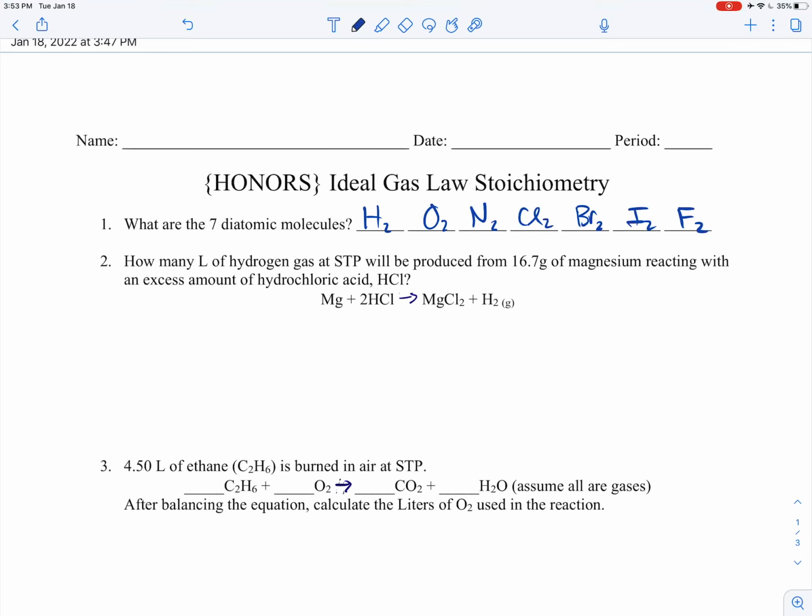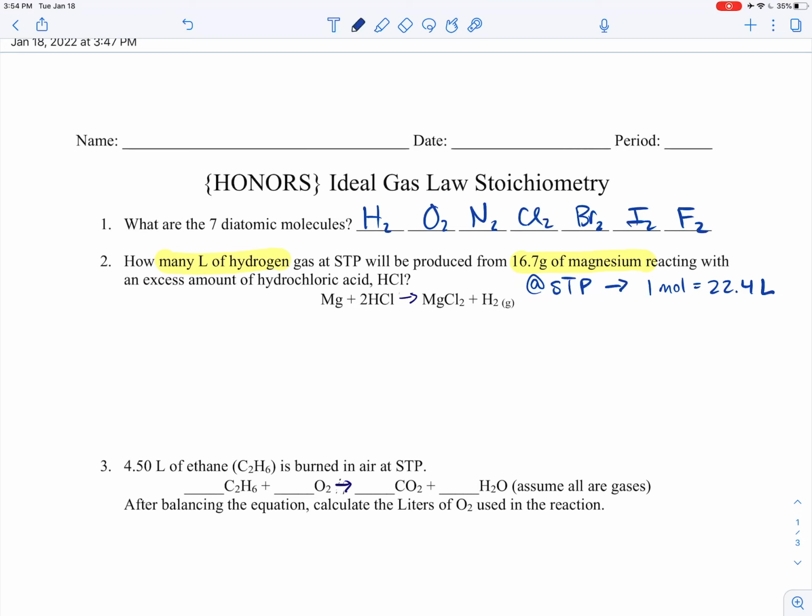Problems that are at STP, standard temperature and pressure, which let us use this conversion. 1 mole is equal to 22.4 liters. And so if it's at STP, all we have to do is use stoichiometry to get our answer. Okay, and so in this problem, it's asking how many liters of hydrogen will be produced from 16.7 grams of